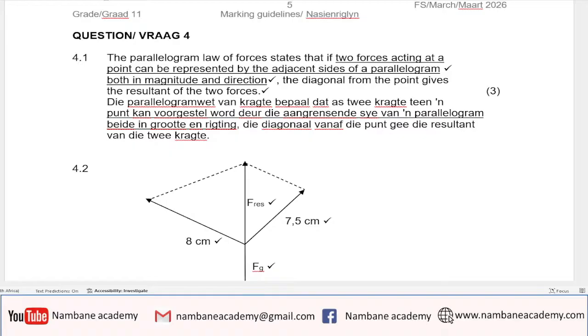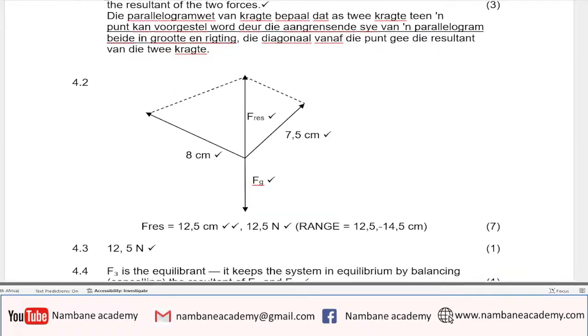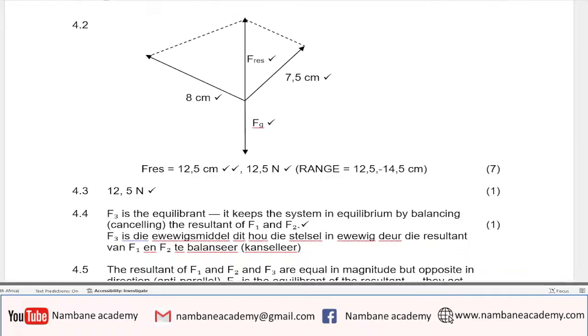4.2, use a scale of 1 centimeter to represent 1 Newton and do the following. Draw point A in your answer book. Construct forces F1 and F2 in magnitude and direction with the tails of the vectors at point A. Complete the parallelogram with F1 and F2 as two sides of the parallelogram and determine the resultant of F1 and F2. Supply suitable labels for all the forces in your construction and indicate the magnitude of the two angles in your construction. So for this question here,